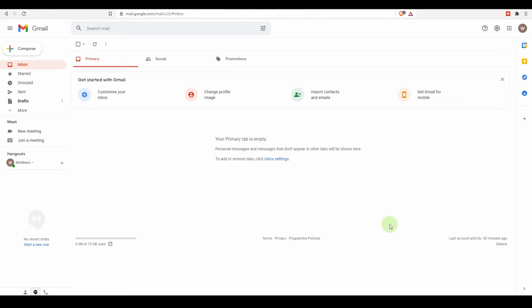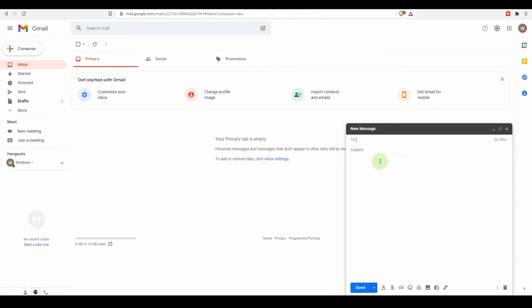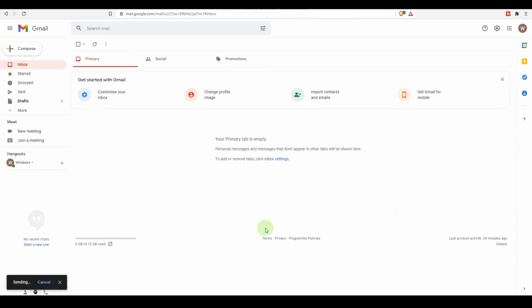First thing is, by default you have 5 seconds before an email is sent out. For example, if I send out an email to myself, let me click on compose and send an email to my personal email address. I'm just going to type test and test. By default, after you've sent, you have 5 seconds before you can unsend or recall this email. If I go and send it, on the bottom left corner it says sending, there's an undo button and there's a view message.